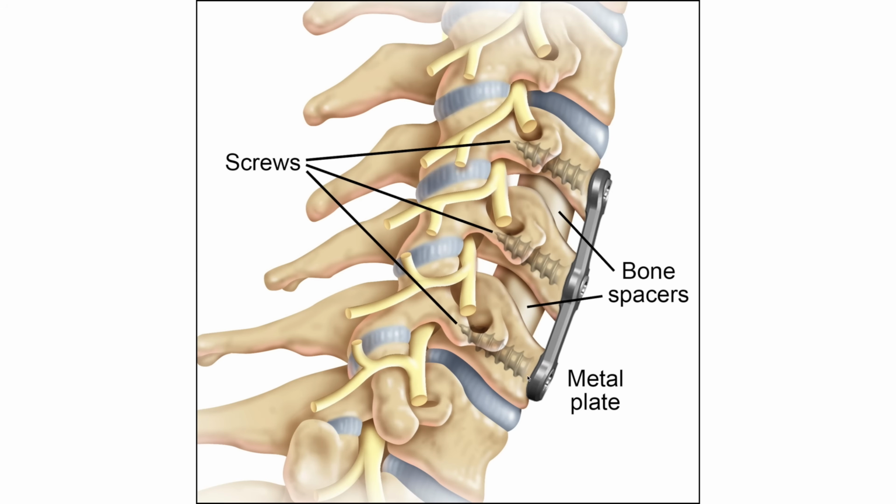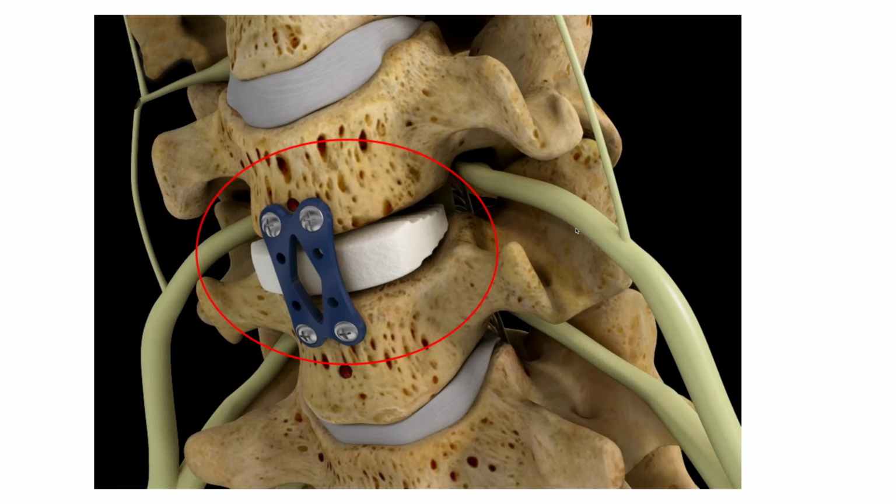It's another view of the plate and screws, and then this is the spacer. So when we remove all this diseased disc here, we have to replace it with something. This is usually a metal or titanium or a PEEK or plastic cage that goes into this area to help